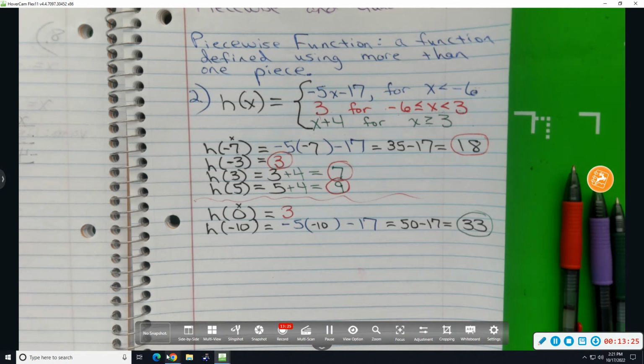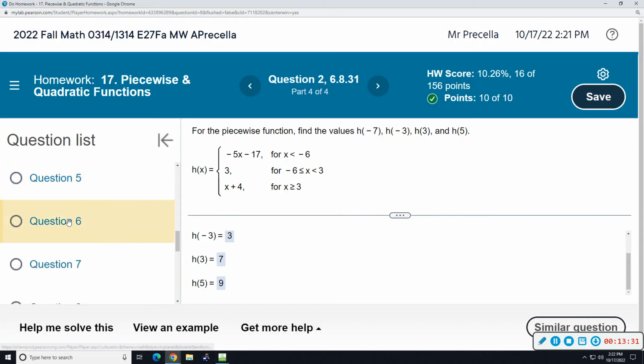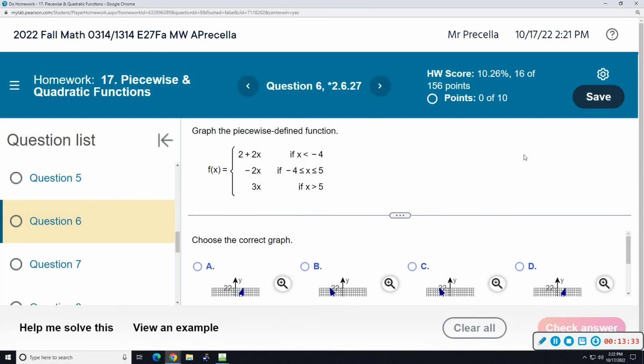hold on. I'm going to skip to one that illustrates everything I want to illustrate. There, okay. We want to graph. This is a 3-piece function. This is number 6. We want to graph